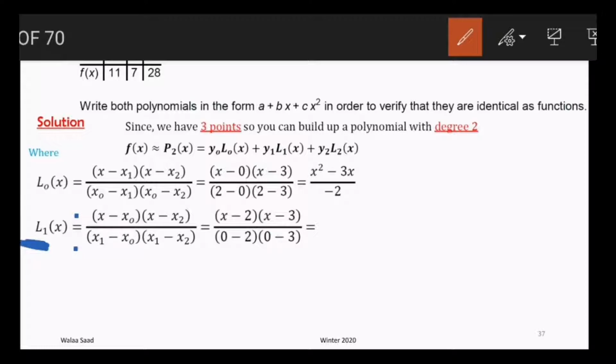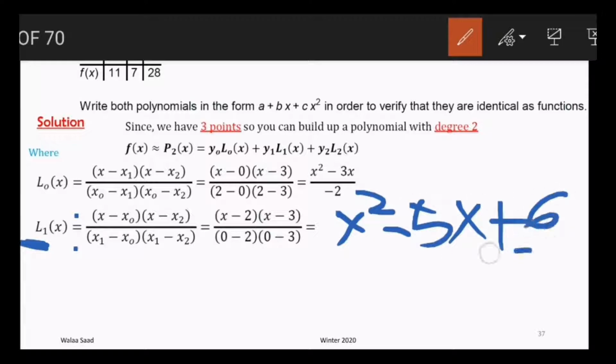Of course, you will notice, even if you didn't memorize the step, that if you subtract x1 minus x1, you will see that this is 0, and 0 is forbidden to divide by. So this step you will never forget. Now let's rewrite this form. We have here the x squared minus 5x plus 6, and then over negative 2 times negative 3, which is 6. And then